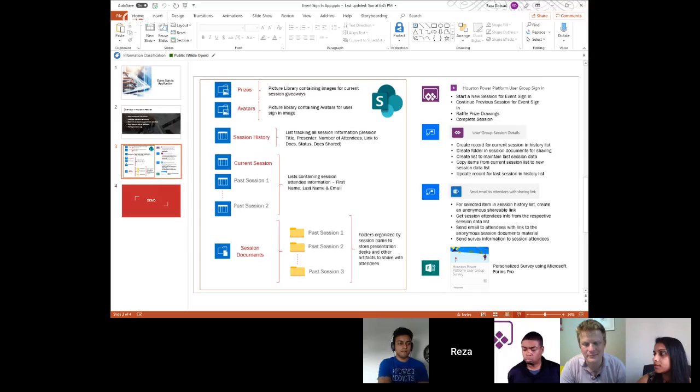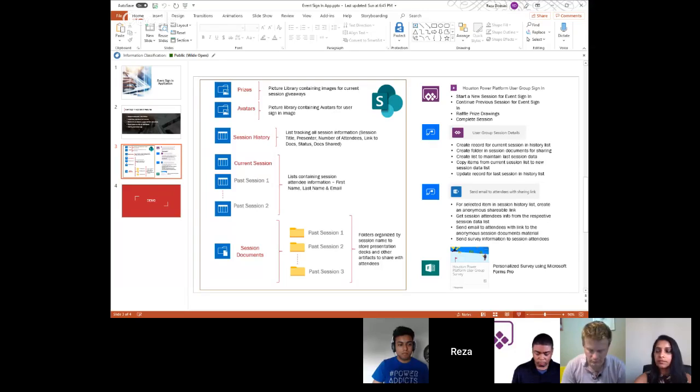And finally, I have another document library called session documents. And inside this document library, we have folders for each session. And within these folders is where I normally put the slide decks and any other supporting materials related to the session, and then we share the information out to the attendees. So this is from a SharePoint standpoint. This is how the information architecture looks. It's pretty straightforward. There is a little bit of content types and site columns and all that good stuff in there. I'll get to it when I do the demo.